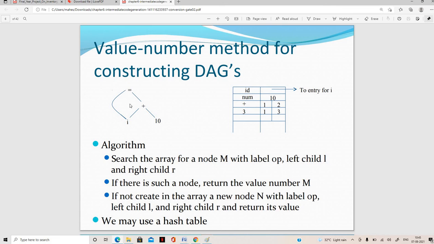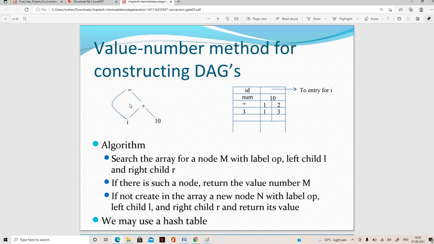Here the integer has been called the value number for the node of the expression, represented by the node. So for instance, the node labeled plus has the value number 3, and its left and right children have the value numbers 1 and 2. Okay. So its left and right children have the numbers 1 and 2 respectively.